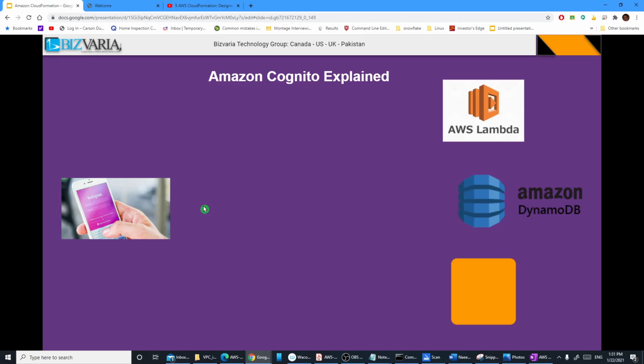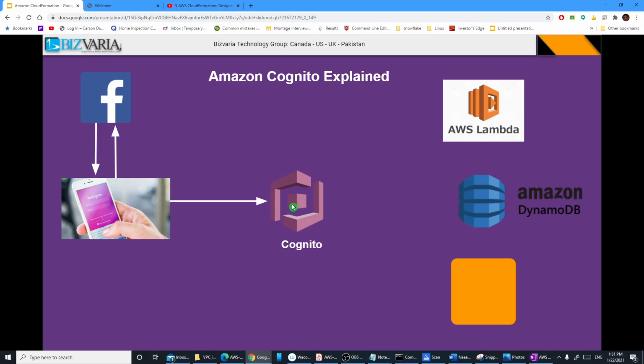The way it works, he uses his Facebook account, and Facebook responds back with a token. He takes that token and passes it on to the Cognito service on the AWS environment, and from there